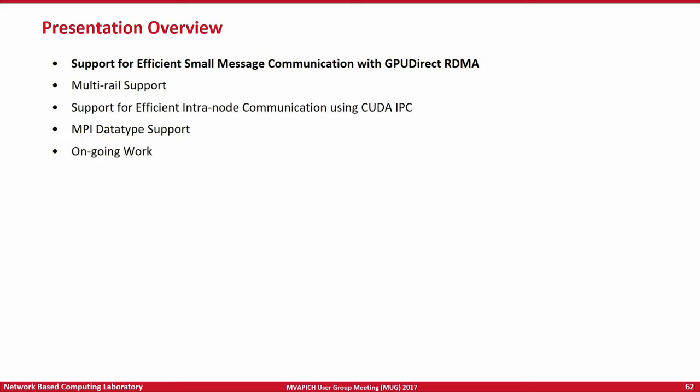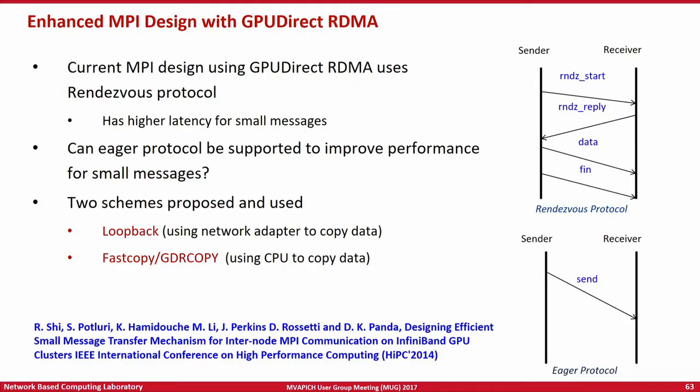Now, we have different kinds of designs for small message as well as large message transfers inside MVAPICH2-GDR. So there are two schemes. One is a loopback-based scheme. The other is using the GDRCopy scheme that NVIDIA and Mellanox worked together to bring about. So there are several different approaches that you can take for communication here to transfer data from a host to the GPU or GPU to the host. Different designs have different bottlenecks. In MVAPICH2, we have tried to figure out what design works at what message size and pick out the best possible design for each message size.